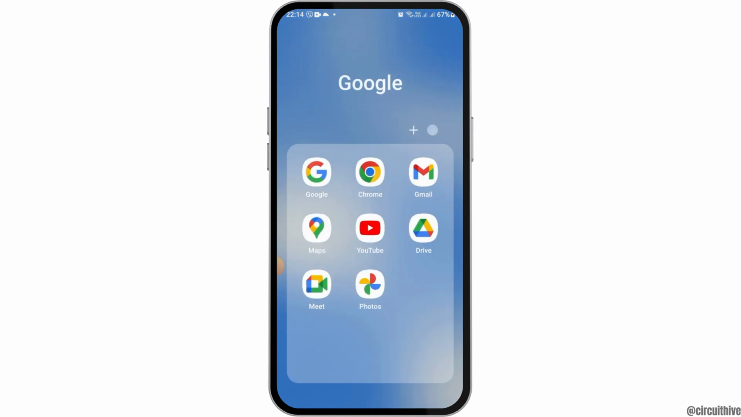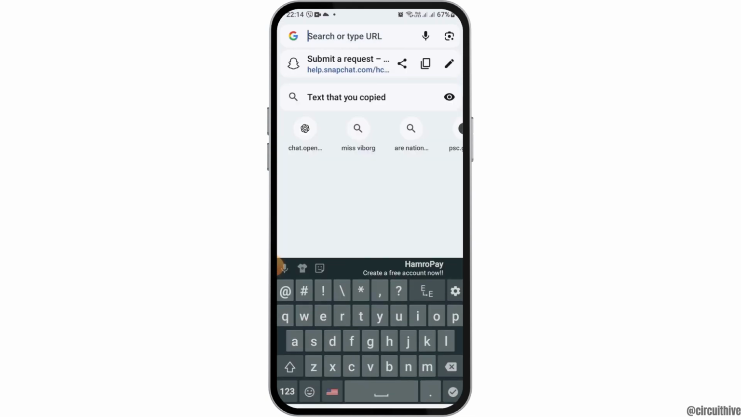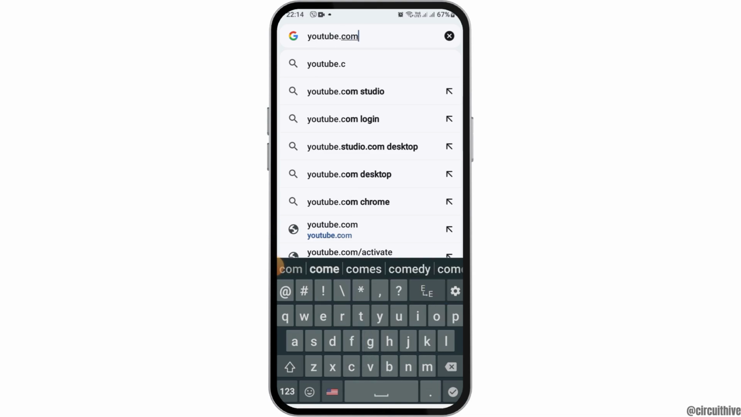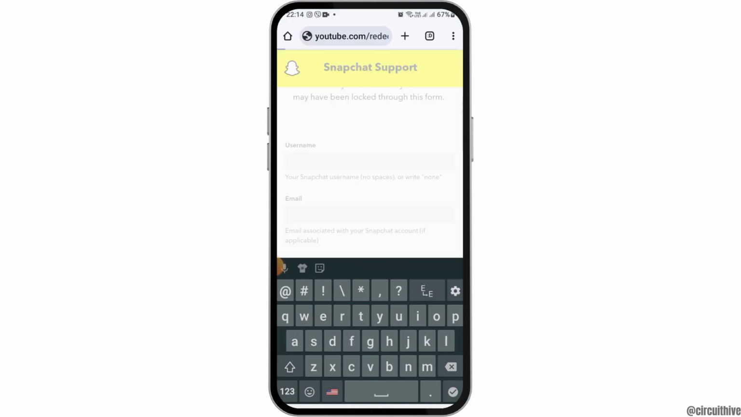For this, first of all, you have to launch Google Chrome or any browser on your mobile device. Tap on the Google Chrome option, and after that, go to the search option there. In the search bar, you have to search youtube.com/redeem. After you tap on youtube.com/redeem and search it,